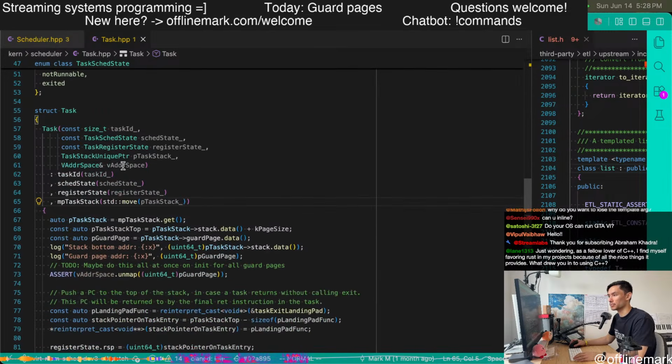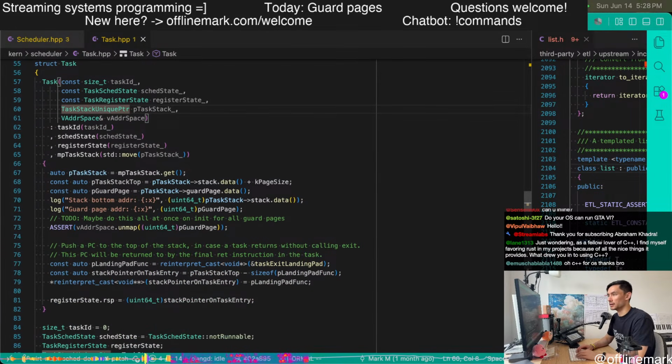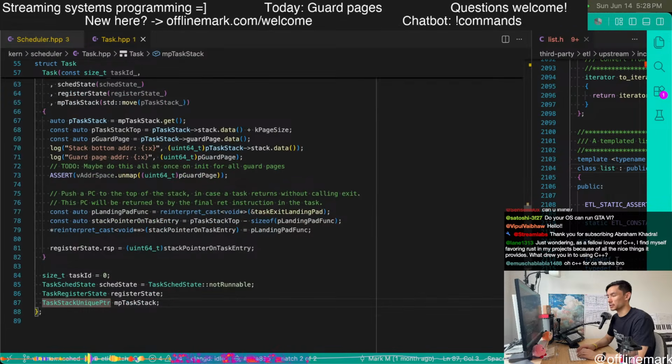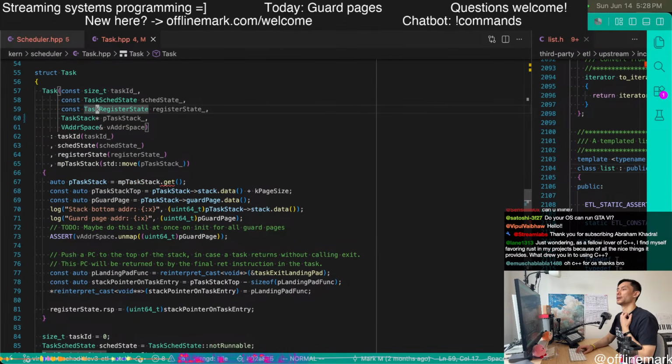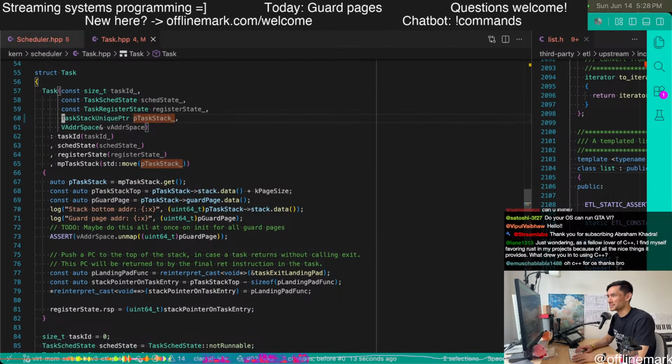So this thing, task stack unique pointer, is just going to become task stack pointer, or even a reference. Would that be cool? That would be cool. Let's go ahead and make that a reference.